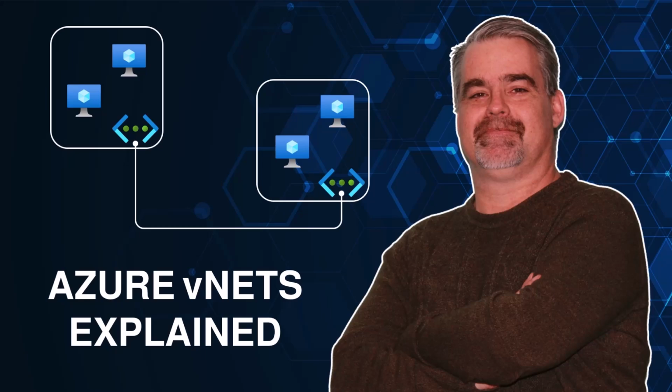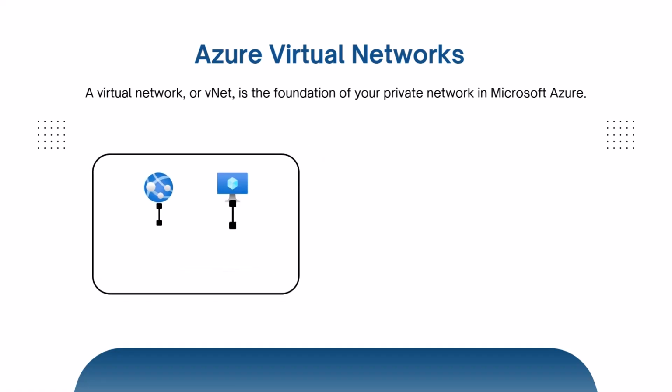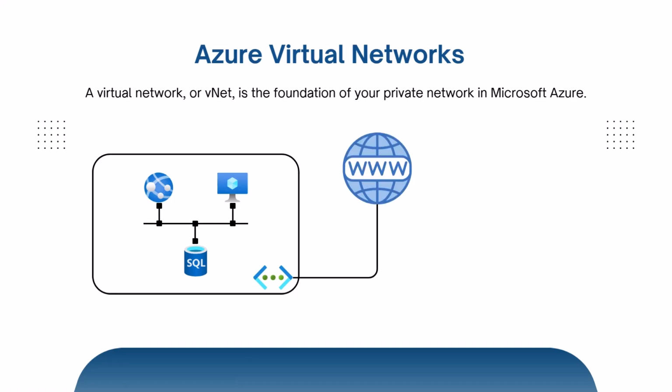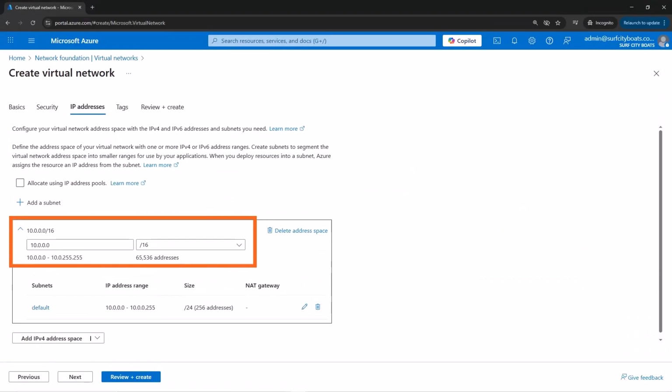A virtual network, or VNet, is the foundation of your private network in Microsoft Azure. It's where your cloud resources communicate securely with each other, with the internet, and with your on-prem environment, all within boundaries that you define. When you create a virtual network, the first step is to assign a private address space